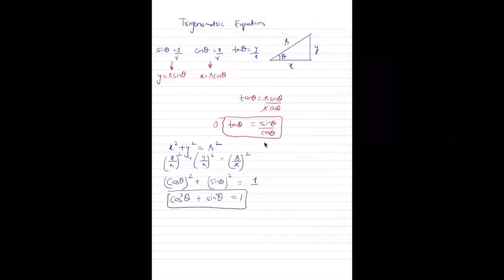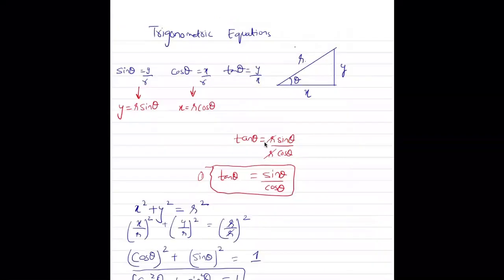Okay. The next thing we are going to discuss is the trigonometric ratios. Please let me know if I need to go into detail. If I draw a right angle triangle in which this is theta, the horizontal length is x, the vertical length is y, and this is r. So sine theta is going to be the ratio of y upon r. Cos theta is going to be the ratio of x upon r. Tan theta is the ratio of y upon x.